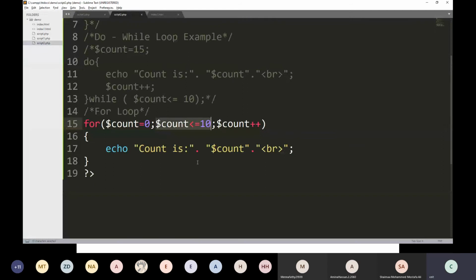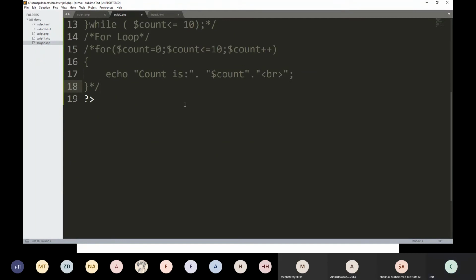Demo for foreach. Suppose here I have declared the array of months.